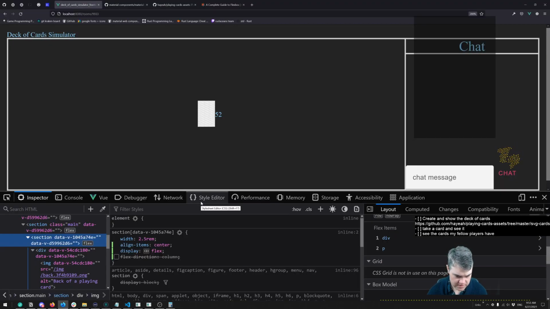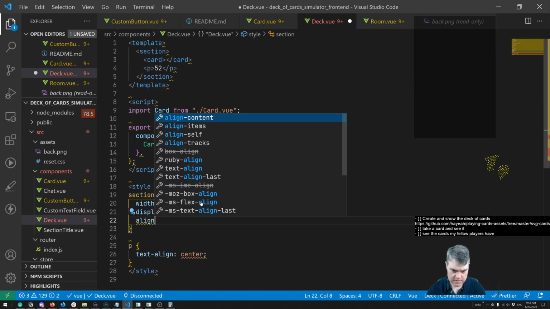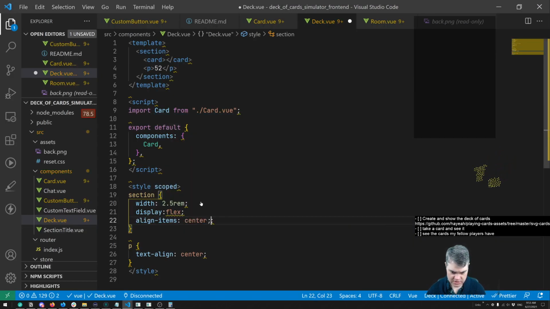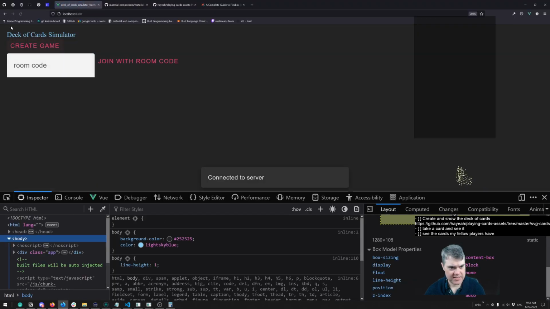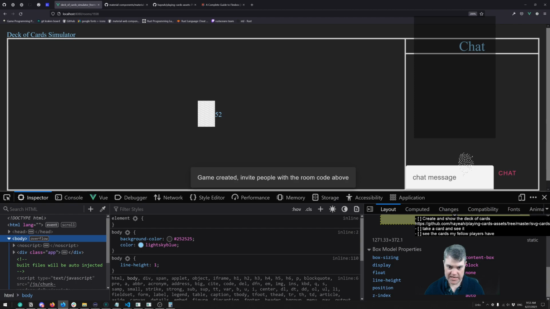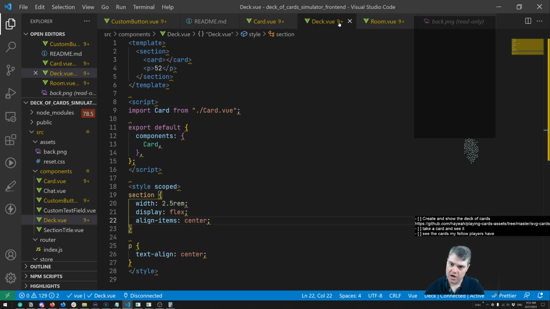I think it was align items. Yeah. Center. Okay. So we do that, and we should now be back to here. And now our deck, we have, okay,